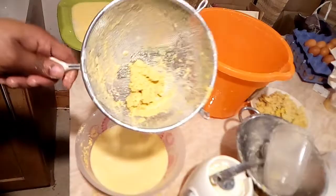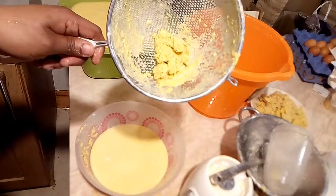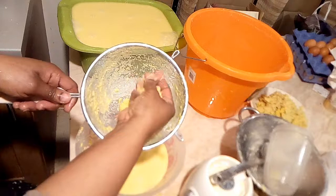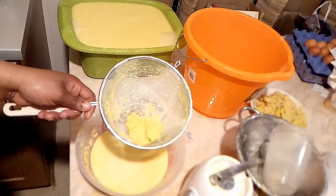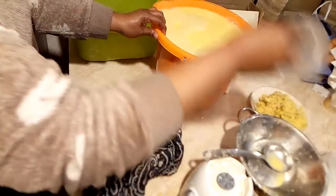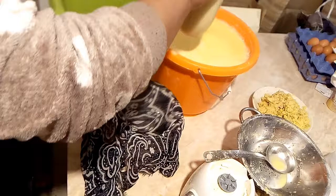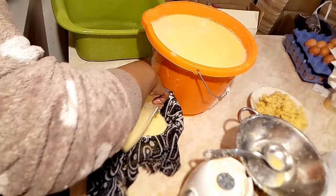For my third stave, I still got these corn particles, the sharp hair. So I'm going to continue staving until my corn is clear out of all this. So this is my last stave. So I'm using my chiffon cloth. Oh, so I'm going to strain it through